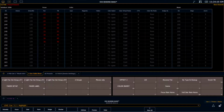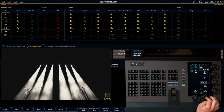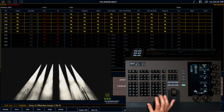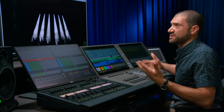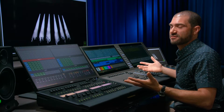So now I want to go ahead and record these values as my home preset. But before I do that, there's one more thing that I want to do. With these lights on, I'm going to tap on the tilt encoder or select it from my parameter tiles, and I'm going to type in 45 degrees. The reason is, when I turn all these lights on in their home preset, I want them to look like something somewhat interesting. So if I at least tilt all the lights out towards the audience at 45 degrees,